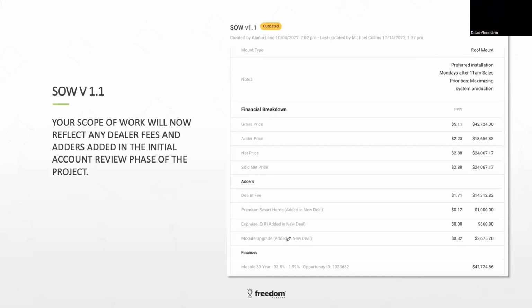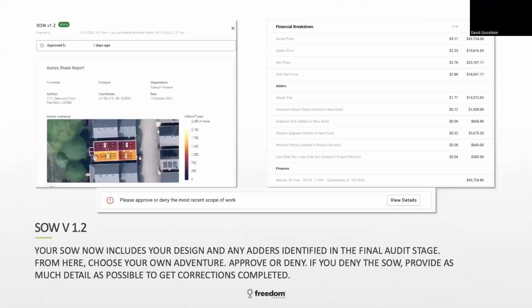This is version 1.1, and now we're going to move over to version 1.2, the version of the scope of work that we consider kind of cooking with gas. We've made it to version 1.2, meaning that there is a design attached to the scope of work. You can see where the additional arrays are located, as well as any additional adders that may have popped up